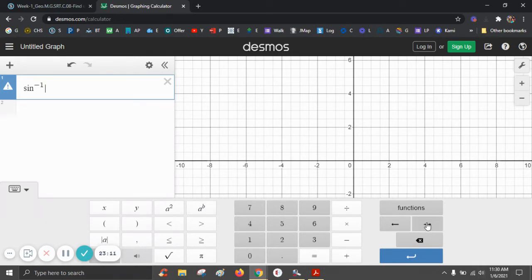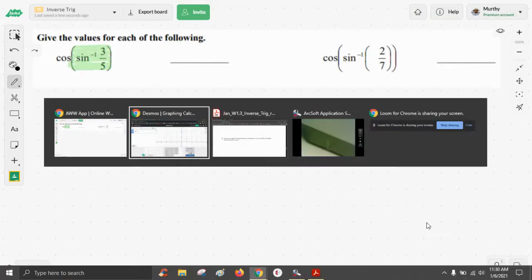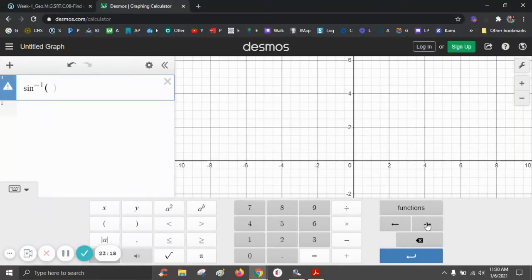Use right arrow, then parenthesis, the value is 3 over 5. Let me type 3/5 on the keyboard. I got